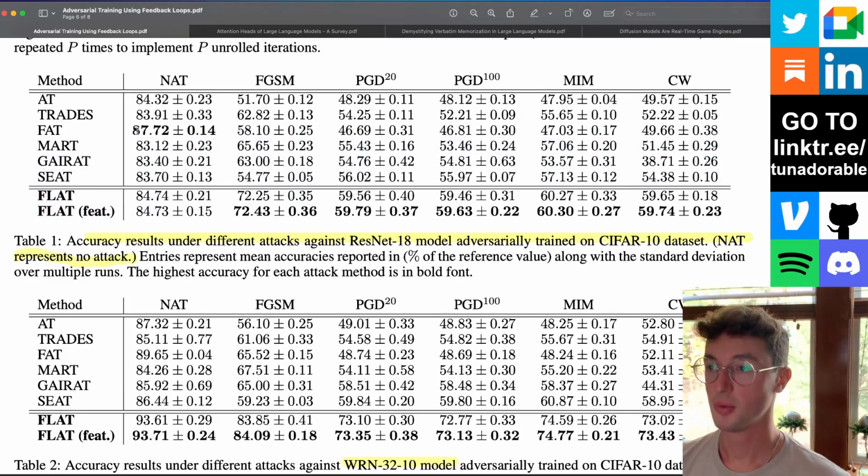And actually, even though this one method has first place under no attack, our method here has second and third place, the two versions of it, it seems. I'm not sure what this second version is, though. Feet, I cannot tell what that is or why it's different from the regular one.